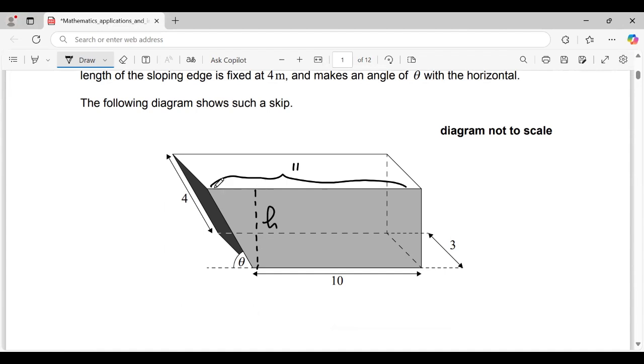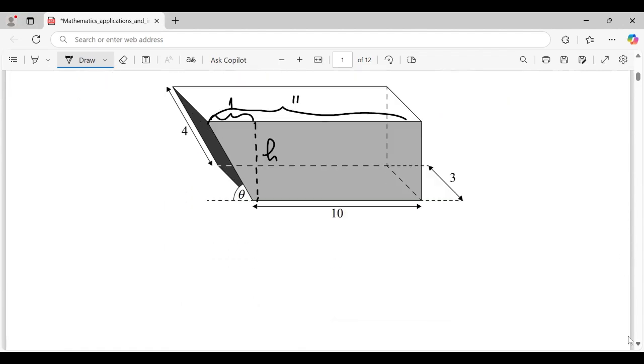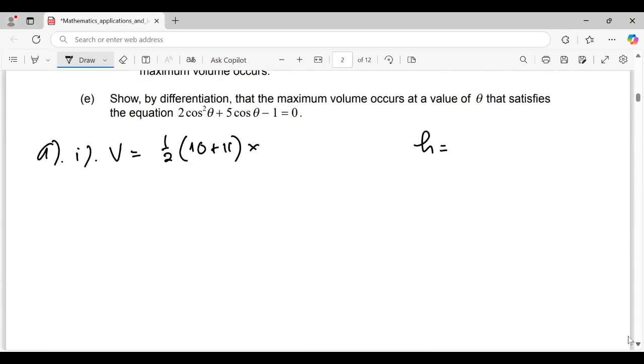If this is 11, it means this side is 1. If this is 10, from this point to this point, 10. So h equals square root of 4 squared minus 1 squared, according to Pythagoras rule. 4 squared minus 1 squared, square root 15 times square root 15